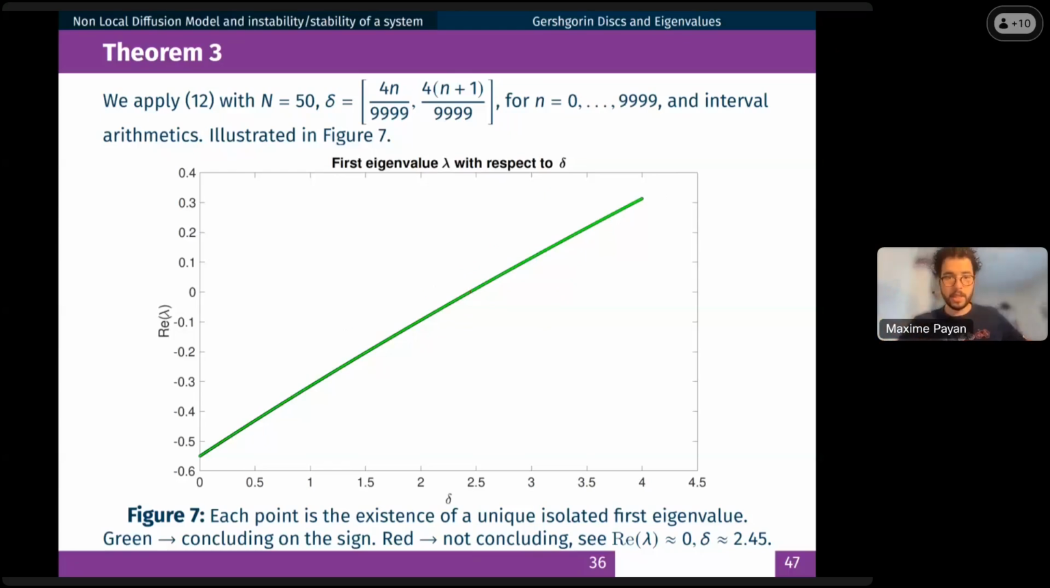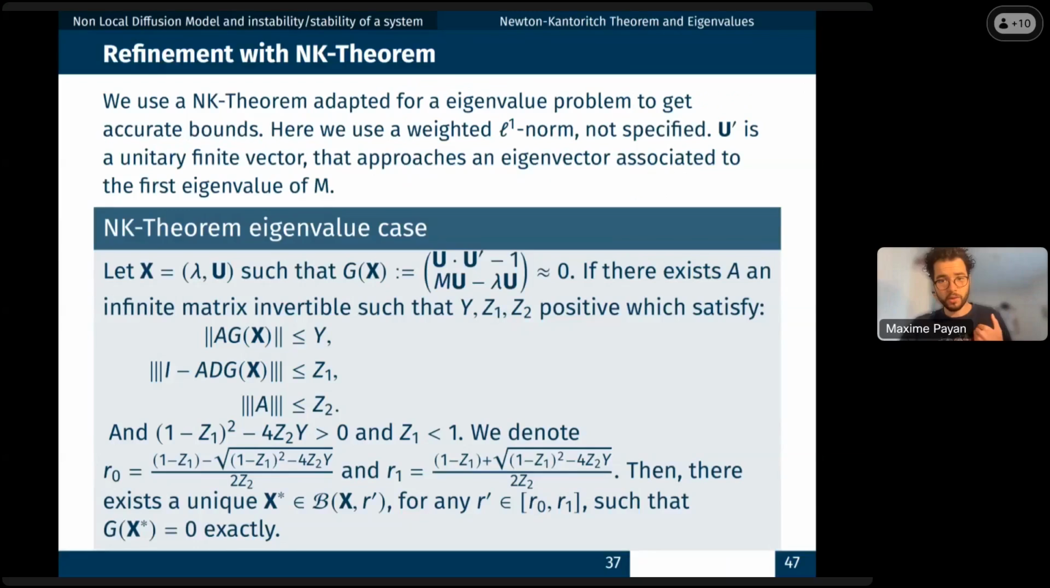So now I will use a Newton-Kantorovich theorem to refine this little red part. It's an adapted one, a simpler one, with a Z2 bound simpler than in the problem before, because this problem, morally, is quadratic in x, the lambda u vector. But this is exactly the same. We apply this theorem to get